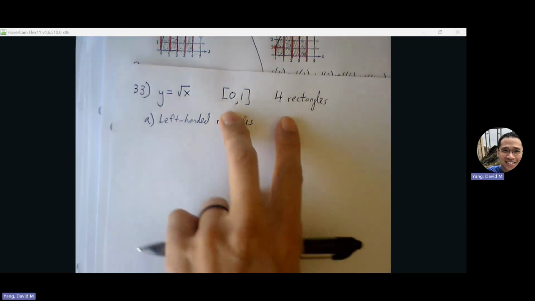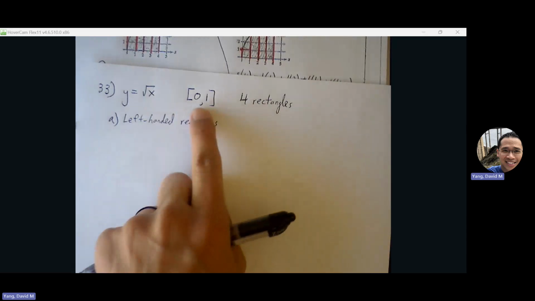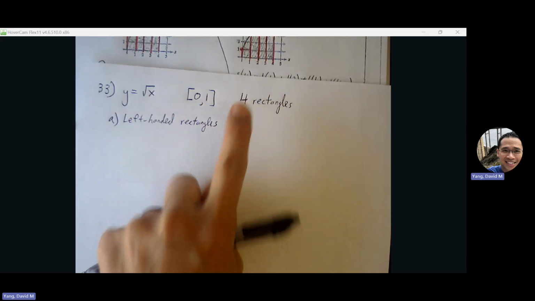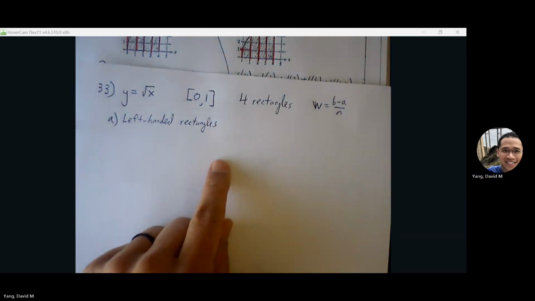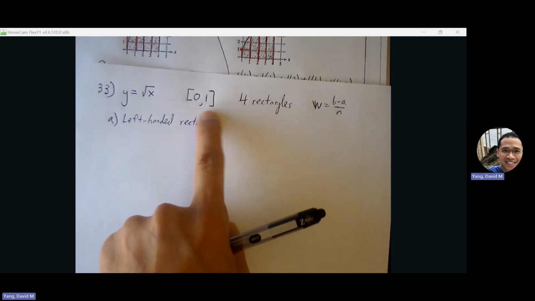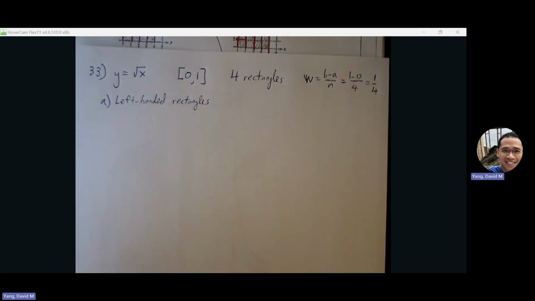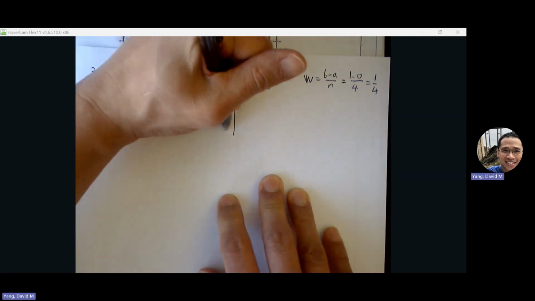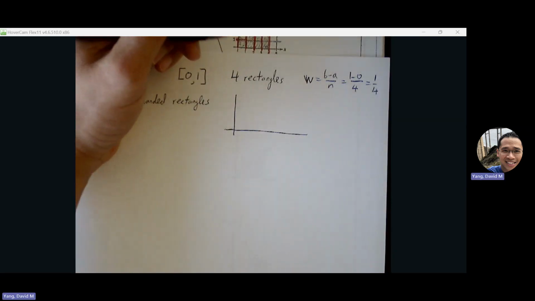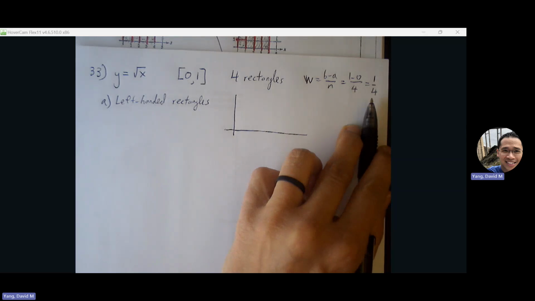So the first thing is, let's create the width, right? The width you can find using your A, your B value, and your N. So your width is going to be B minus A over N. So 1 minus 0 over 4. What's my width going to be? Just 1/4, right? So now I'm going to take my interval and I'm going to keep adding 1/4 until I